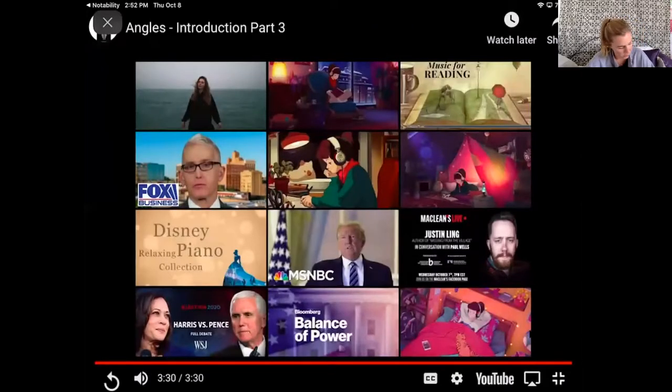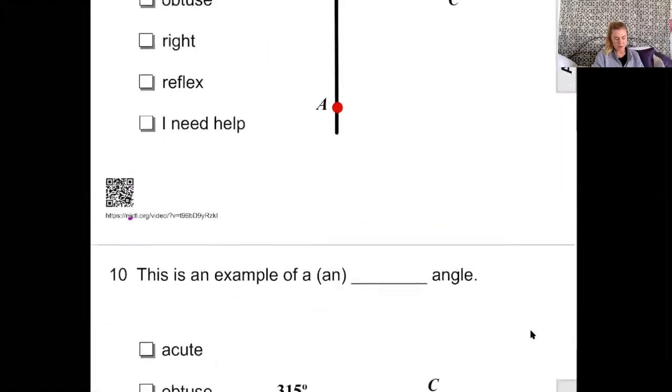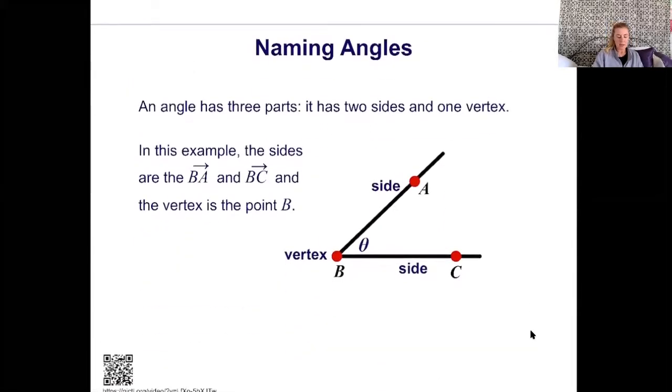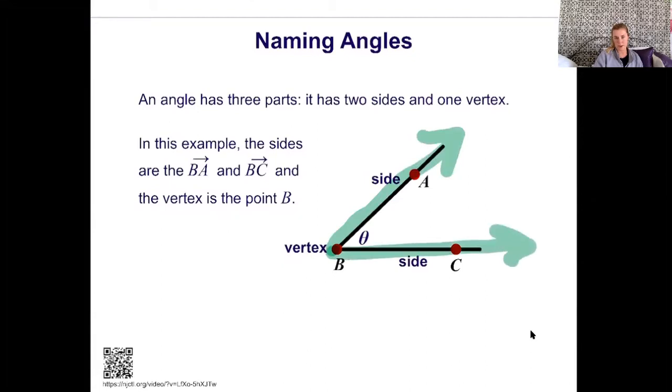Okay, so backtracking so we can spend a little more time on each of these slides. We are starting here with naming angles. An angle has three parts: the sides and the vertex, which we went over last class. I can highlight this again for you. This side would be ray BA, and this side would be ray BC. And we know that the corner, or where they meet, is the vertex, which in this case happens to be